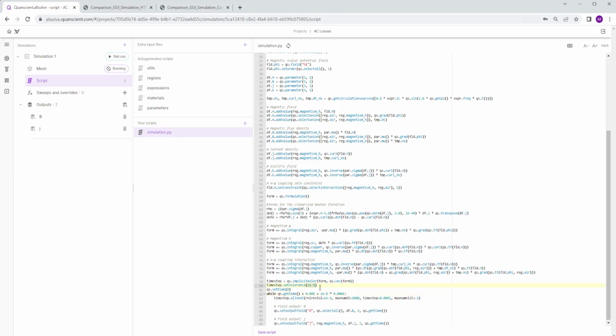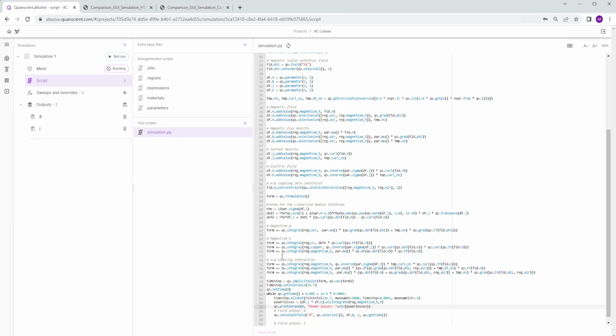Then we need to set our tolerances to 10 to the power of -7 to get better accuracy, and we want to print out our AC losses every time step. So we're going to integrate and then print out the power losses.